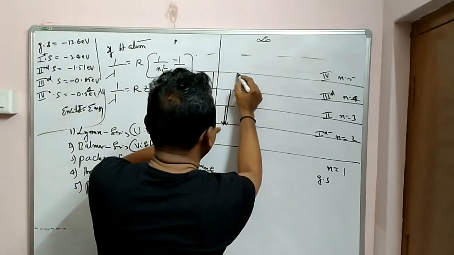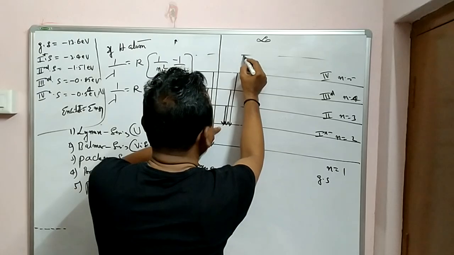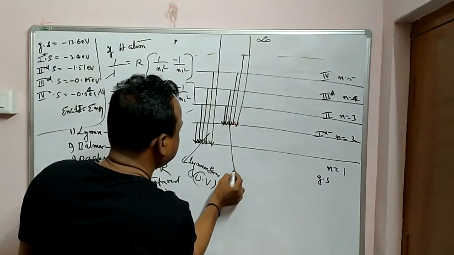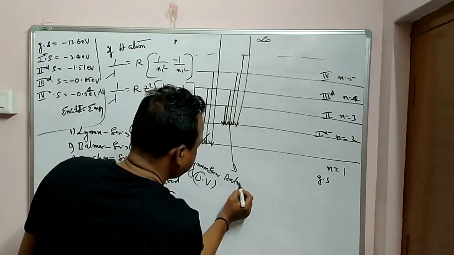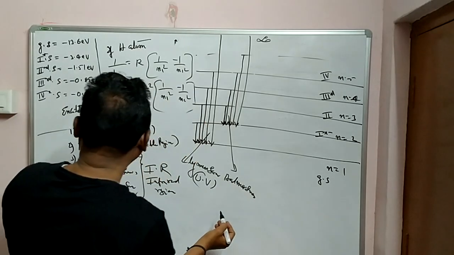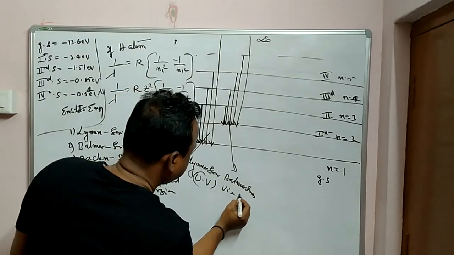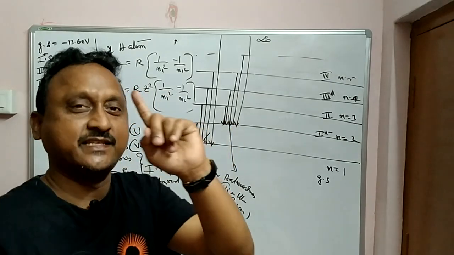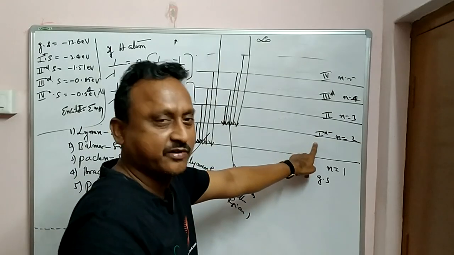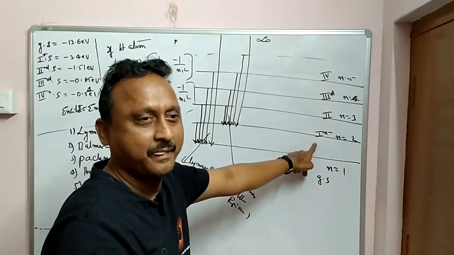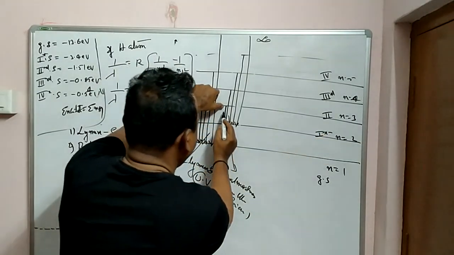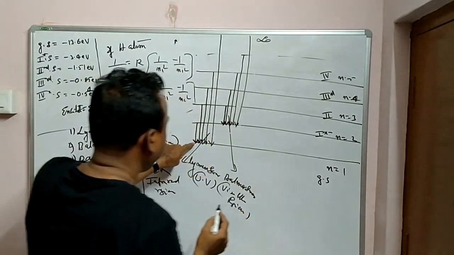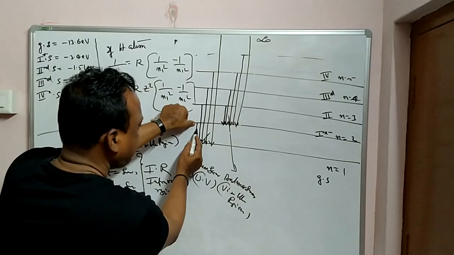In the same way, Balmer, what he told is, in whichever region the line is coming, it has to come to my n is equal to 2. This is the Balmer series. And Balmer series is in the visible region. That means from wherever the line comes, it has to meet in the first excited state finally. So even the first line, second line, third line, fourth line, any line, even in the Lyman series, first line, second line,